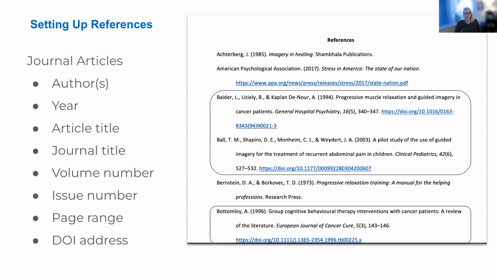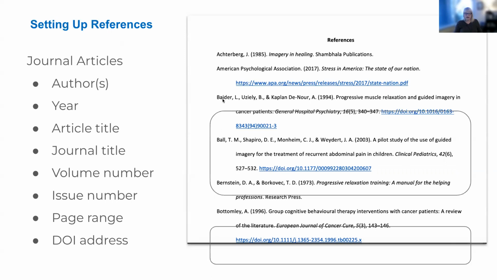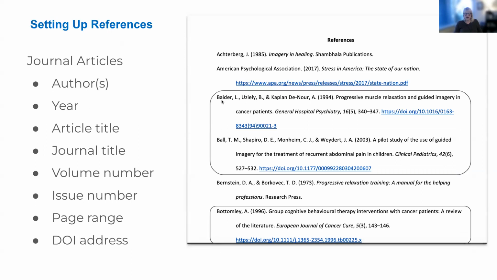These are three examples of journal article references. I want to point out a couple of things here. Notice how these authors appear. You have last name, first initial, and it's kind of fussy. So you have last name, comma, space, first initial, period, comma, space, and then you go on to the next one.